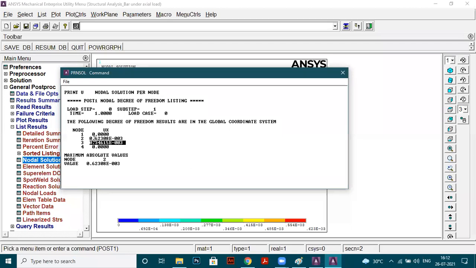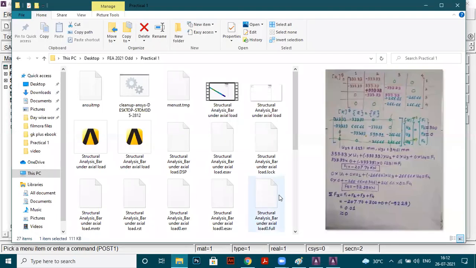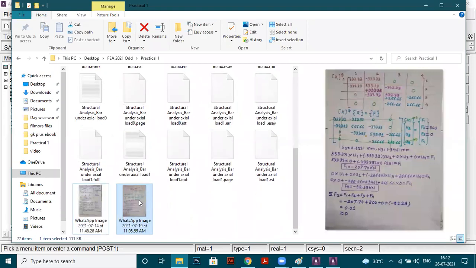That means it is 0.6230 mm, and this is 0.3461 mm. Now just check with the answers which we have got in our numerical calculations. I hope.